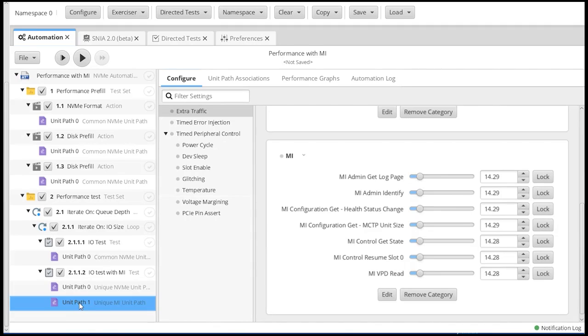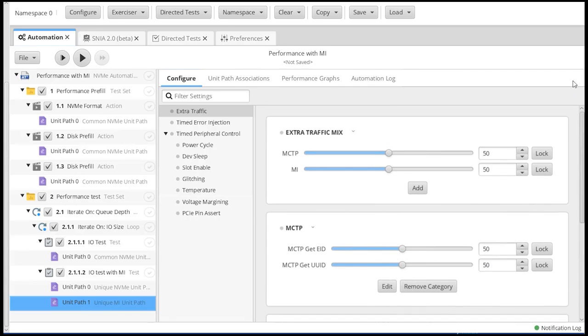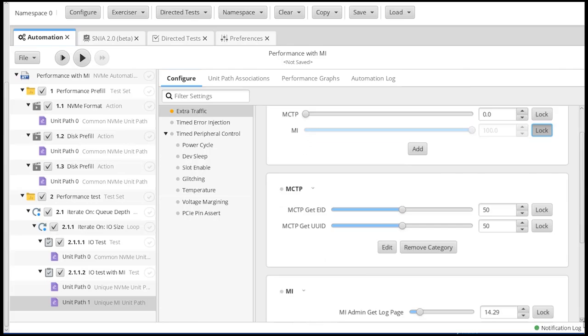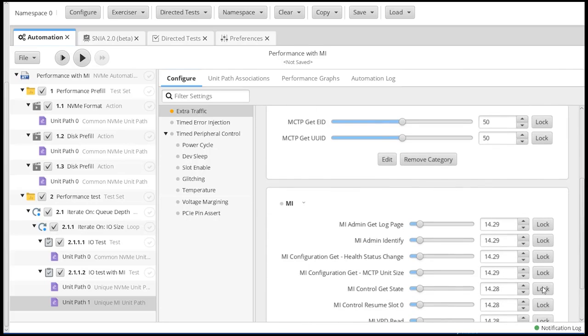For the MI one, I'm going to come into this and set up my MI commands. And in this case, we're going to do 100% MI. We will go ahead and lock that. And we want to do 50% of the get state.